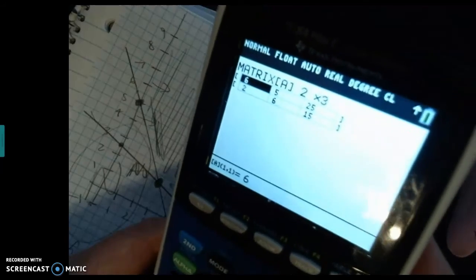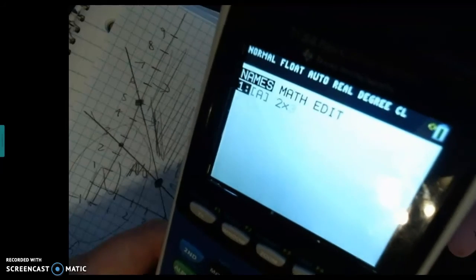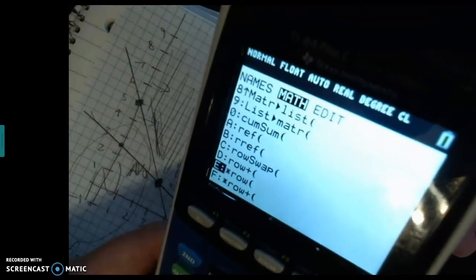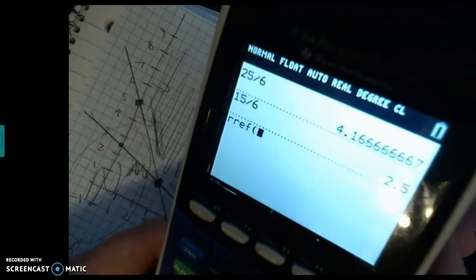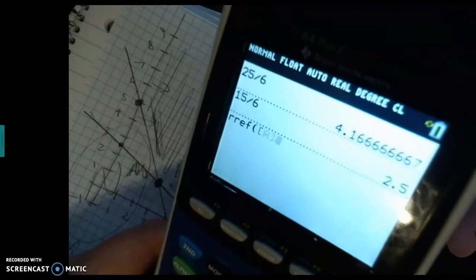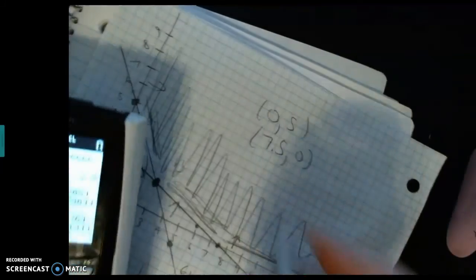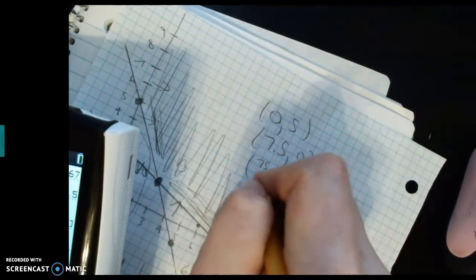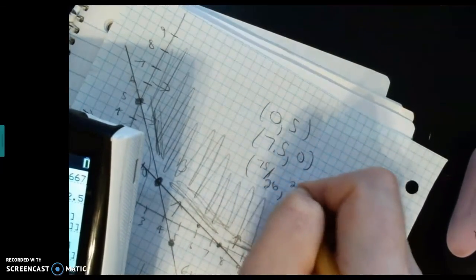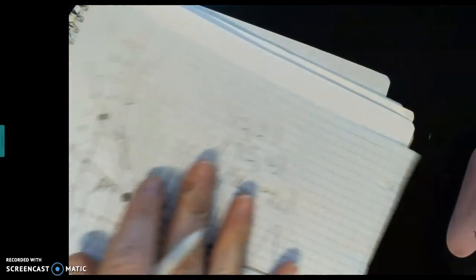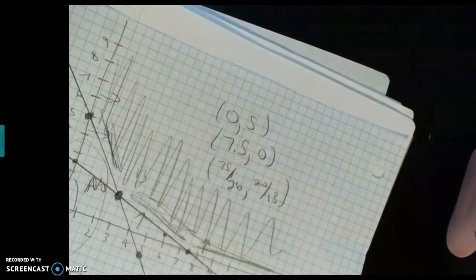Okay, I'm going to quit. Go to second matrix, do math, pick REF, second matrix, pick A. I go math, enter, enter, and I get ugly fractions. All right, and then are you guys okay? I'm going to run out of time. You're going to type it into Z and find the